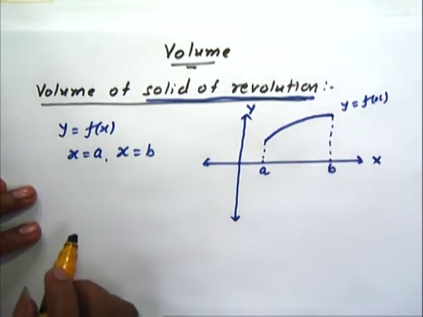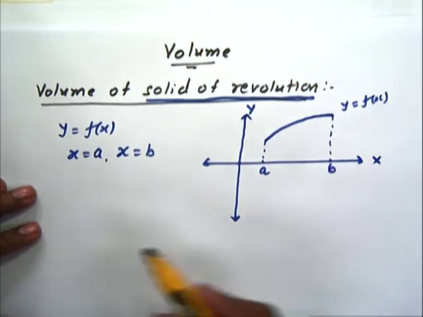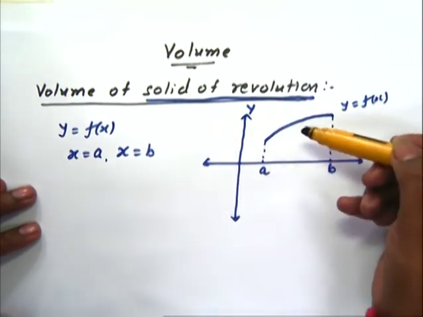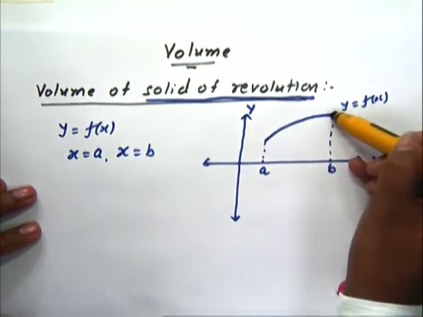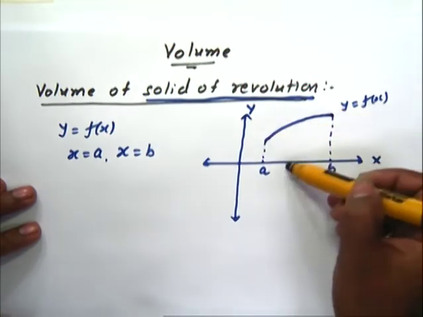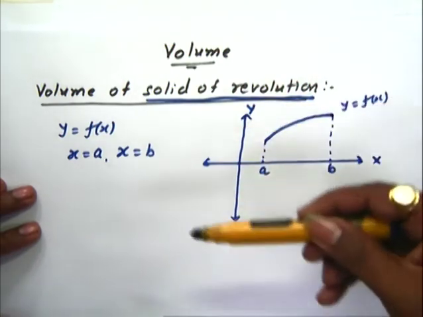Okay, now solid of revolution means rotate this function, this part or this curve about x axis, rotate this curve about x axis,